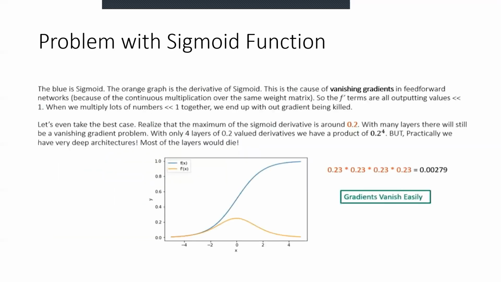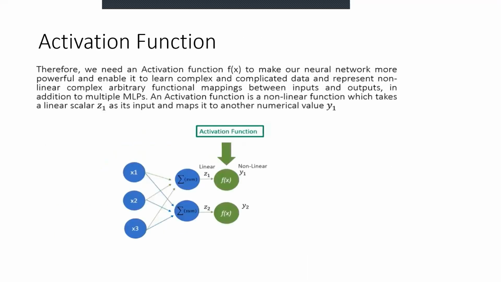So what is the disadvantage of using the sigmoidal function? When do we use the sigmoidal function and when not to use it? We have seen in our earlier slide when we calculated the gradient descent, right? So one of my gradient descent formulas is, I'll explain it over here.